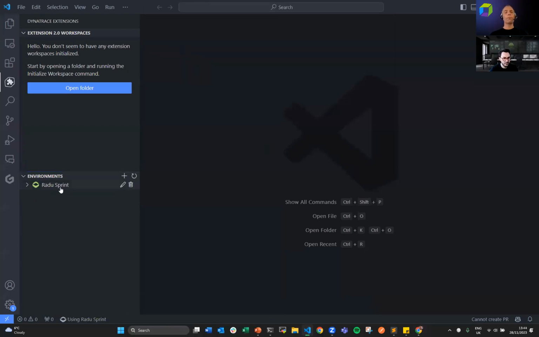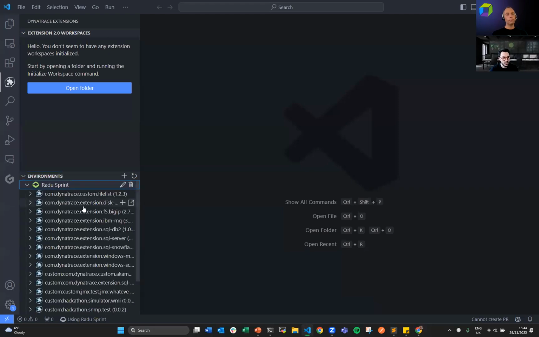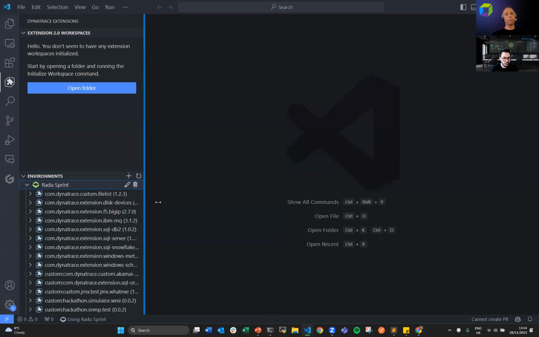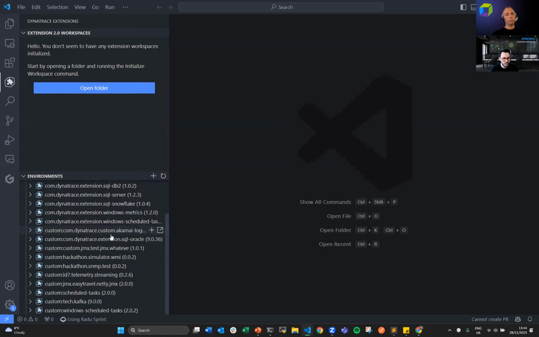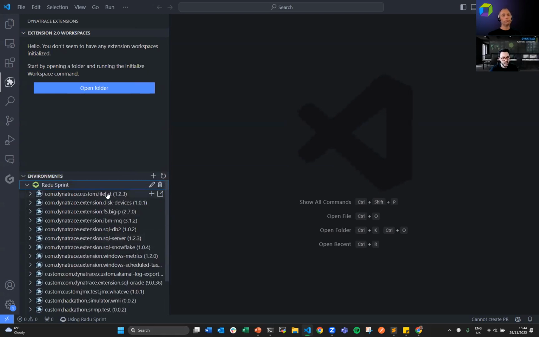And we can see that the environment shows up in here, and I have a confirmation that I'm using this environment for API calls. Already, I can expand the list, and I can see all of the extensions that I'm currently working with on my environment. And whenever we have configurations, the next level down that list shows me the status of configurations, the name of it, and I can make any changes from here, delete it, or save it to a file in my current